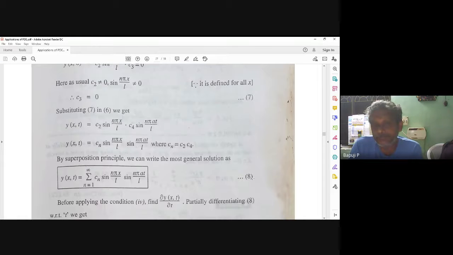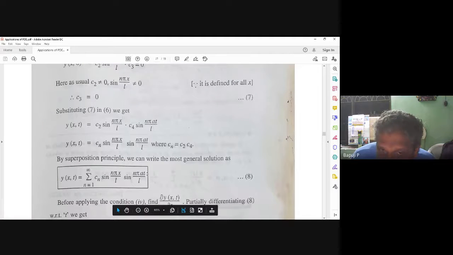Now, my fourth condition is what? Tell me. Fourth condition is what? Velocity is given or not? Am I confusing? No, sir. Up to here you will get it in every problem, velocity problems also you can come up to here. Are you able to do it or not up to here? First condition C1 is 0, second condition is P is equal to n pi by L. Third condition is C3 is 0, and C4 is 0. Clear, all of you?